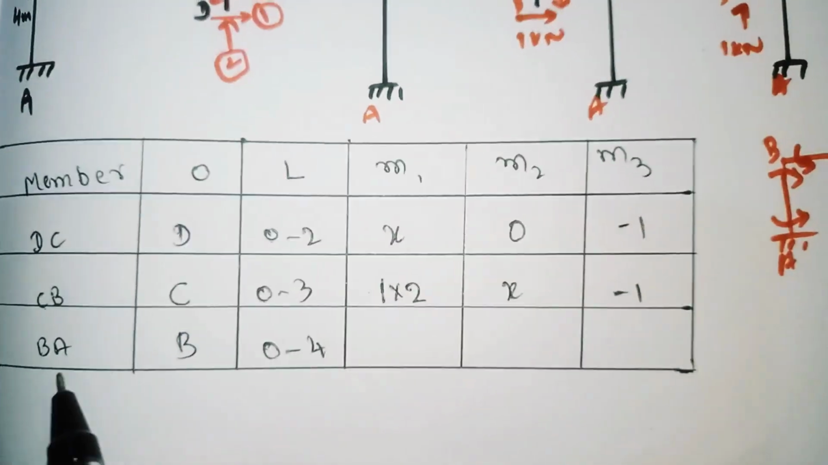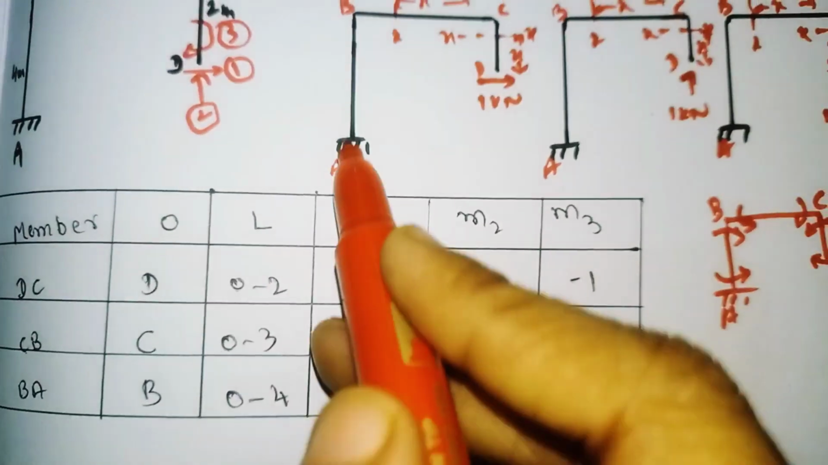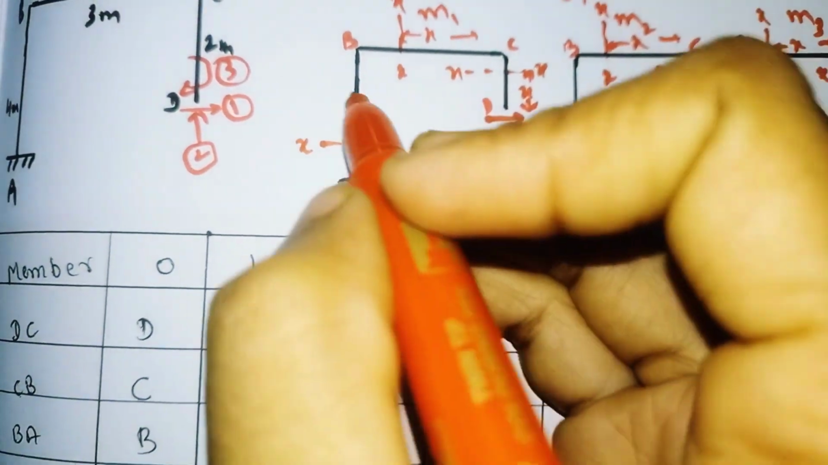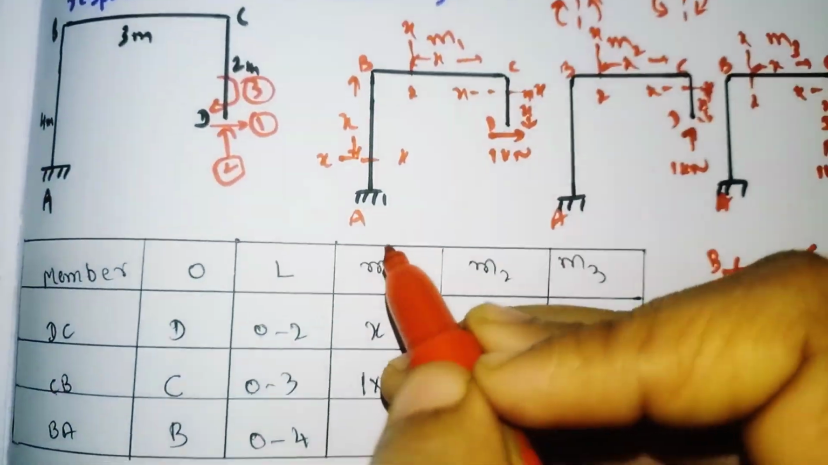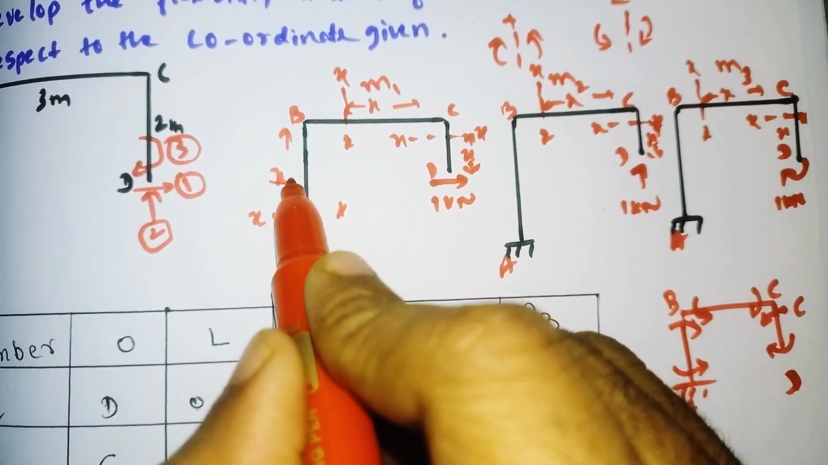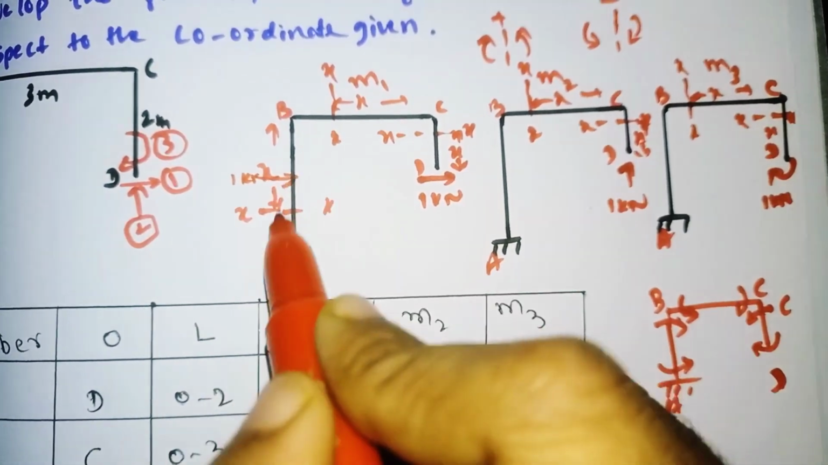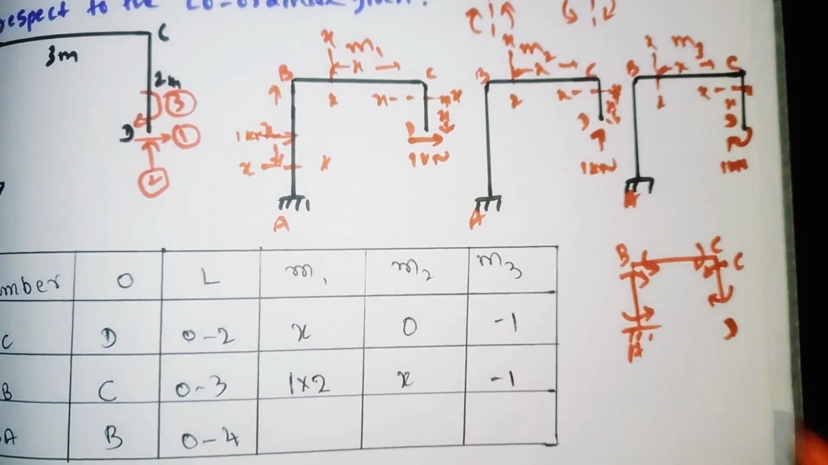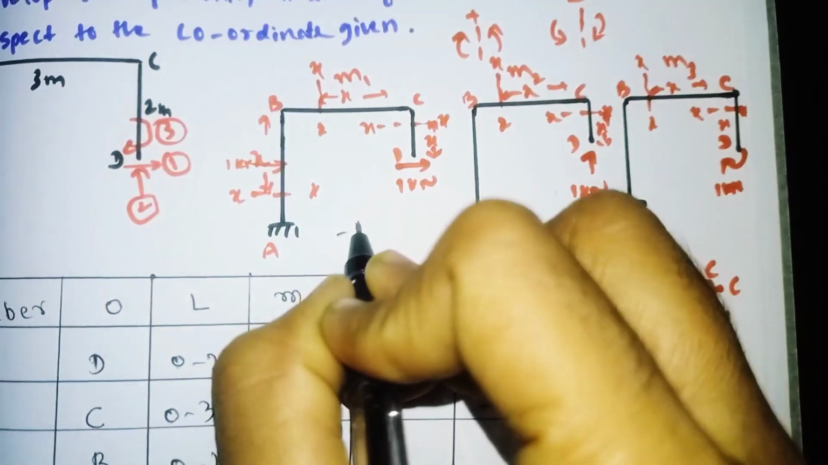Now we'll see for BA. For BA, we have taken the origin as B. If you cut the section at a distance of x from the origin B, from here to here, the 1 kilonewton comes here like this. So what happens? 1 kilonewton is moving downward. Downward means we need to take the minus. So minus 1 into,